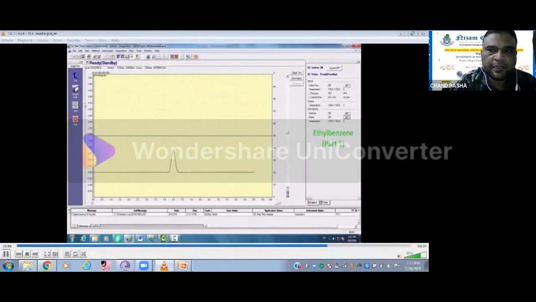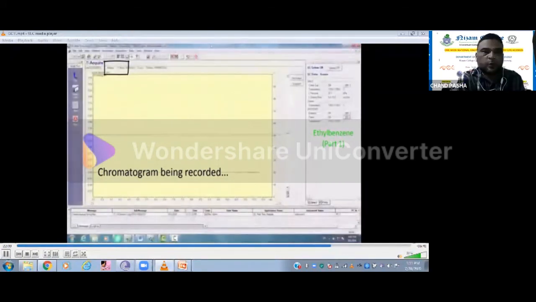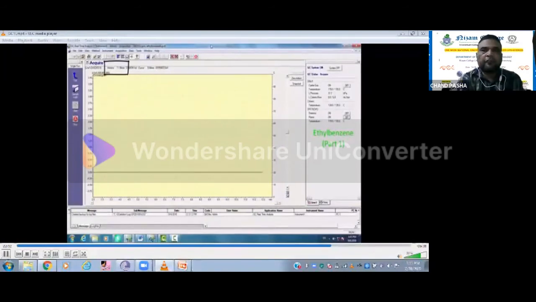Standby mode already, the gaseous phase started. Acquiring mode, there's the FID detector has been started. Standby is the mobile phase has been started over there working. Chromatography is started, and acquiring mode is the stage where the FID, or whatever the detector is there, started acquiring the information.